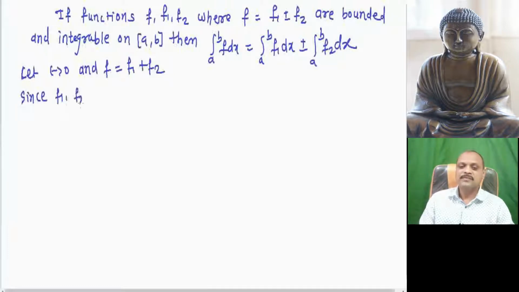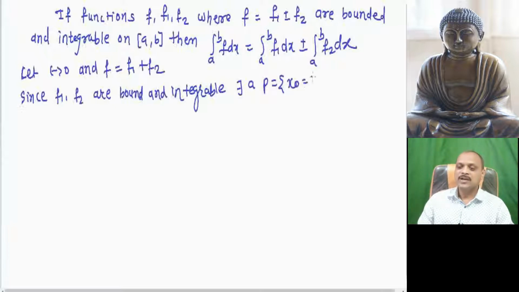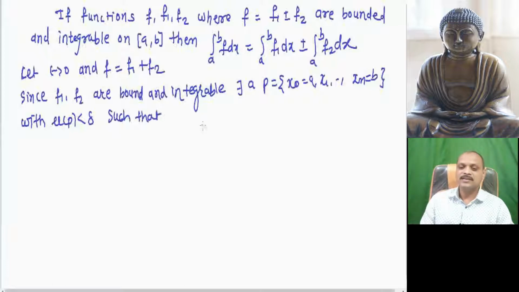Since f1, f2 are bounded and integrable, f is also bounded, therefore there exists a partition P having these points x0 equal to a, x1, up to xn equal to b, with norm mu of P less than delta, such that, as we are applying the definition of Riemann sum,